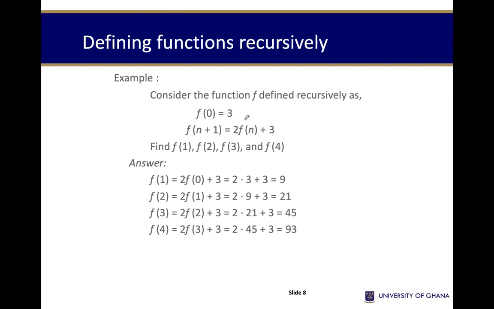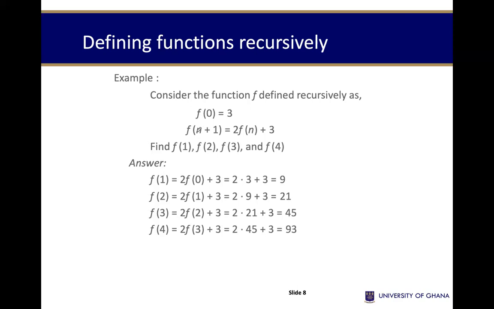So what we are saying is, you have been given f of 0 to be 3. You have been given f of n plus 1 to be equal to 2f of n plus 3. And then the question is asking you to find f of 1. Now, to find f of 1, you need to make a substitution for n. If you start with a substitution n equals to 1, it will not work. Because when n is equal to 1,